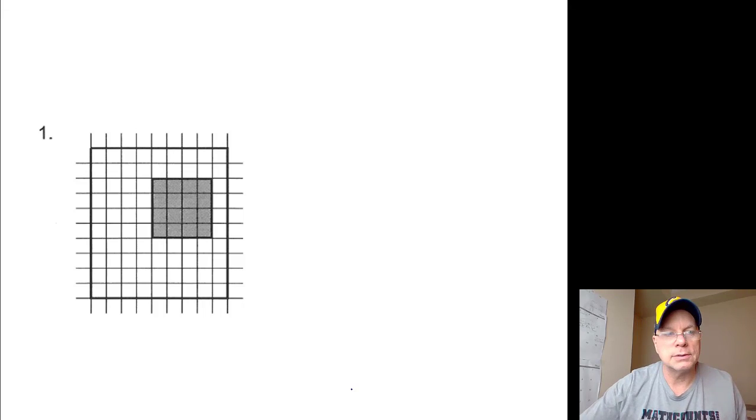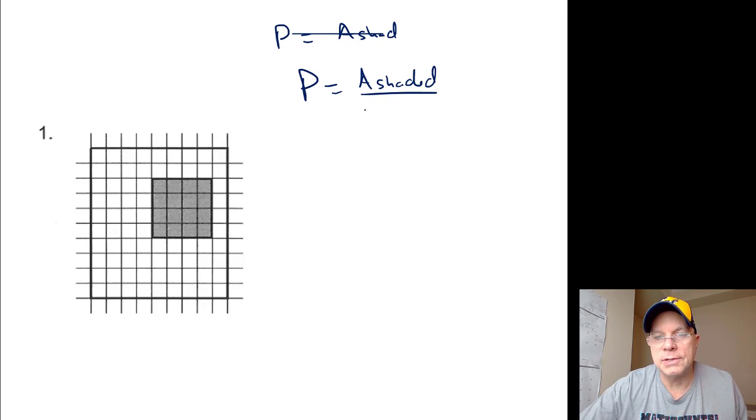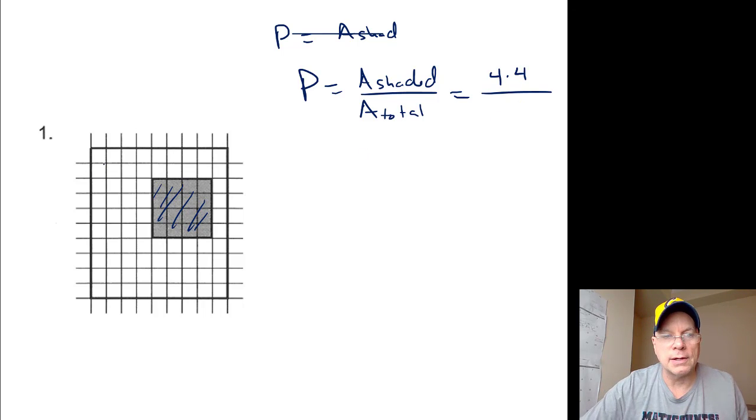Number 1, we've determined that this probability is area shaded compared to area total. This one's pretty easy because the area shaded is a 4 by 4 square, 4 times 4. And the total area is the area of this whole big square, which is 1, 2, 3,